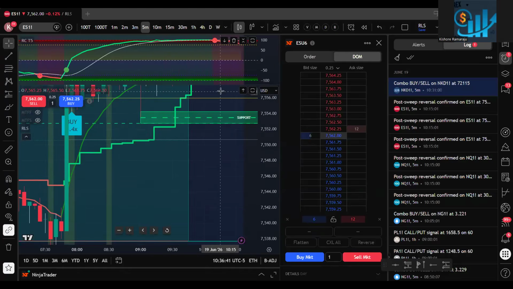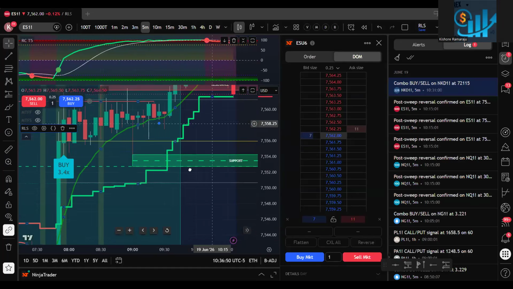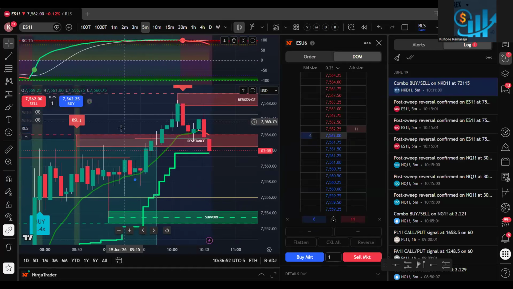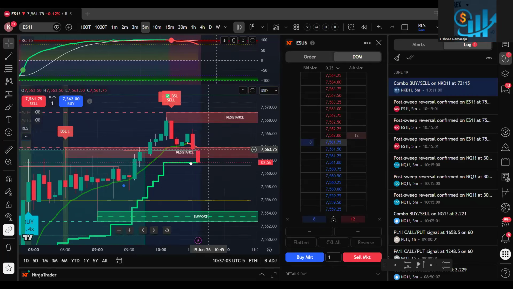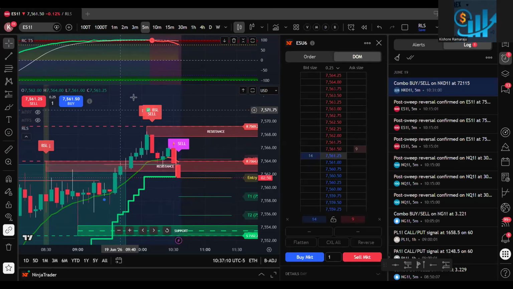They took it up, they're bringing the price down. So that's what market makers will do. Whenever you go to the long position, they do a liquidity sweep on the sell side. They take all your stop losses, go up. Whenever you want to short at a resistance, they go a little bit up. They do a fake breakout. So on both sides we lose. Then market makers will bring it down. So if we can know where market makers are doing their sell side liquidity, where they are sweeping, you can always be on the profitable side.